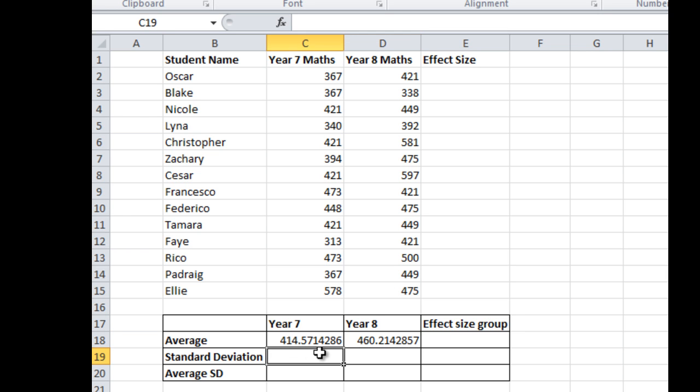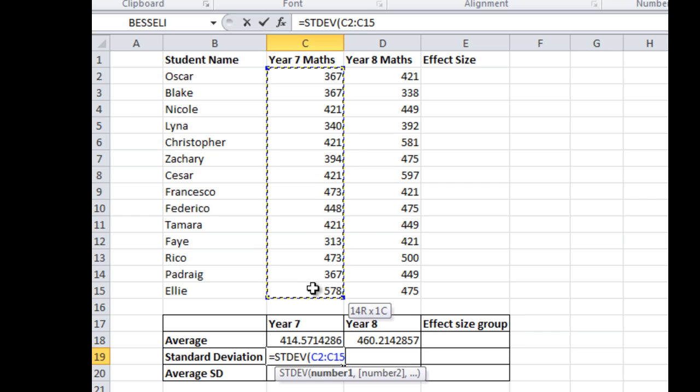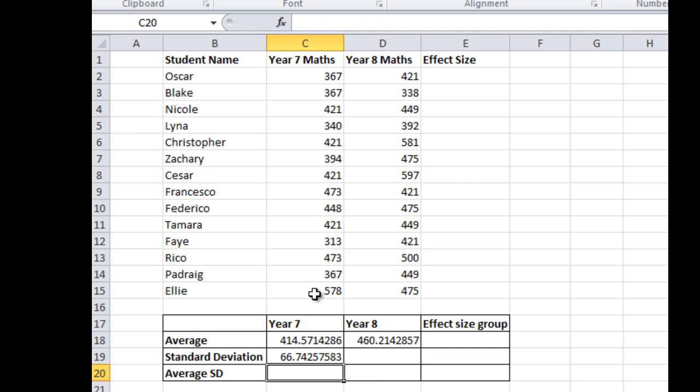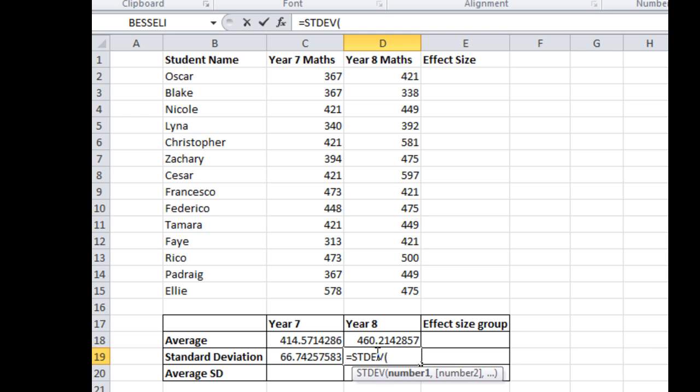Now we're going to do a similar process for the standard deviation. As the word standard deviation is quite long, Excel has abbreviated this STDEV. We're going to do this now, STDEV, open bracket, cell C2 to cell C15, close bracket, enter. For their Year 8 Maths test results, again exactly the same, equals STDEV, open bracket, cell D2 to D15, close bracket,